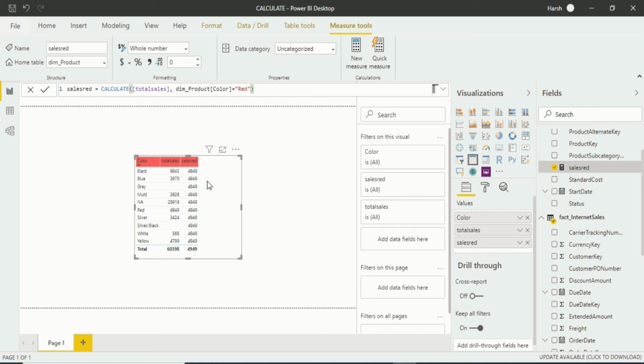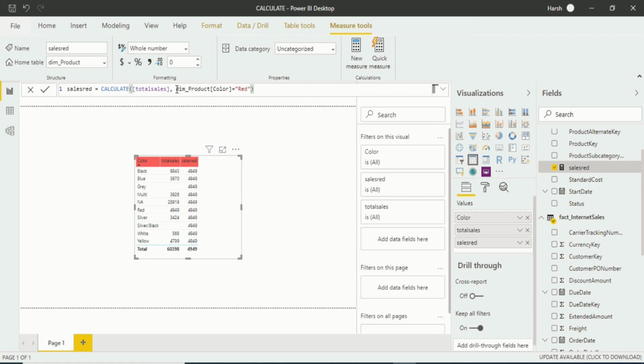But the thing that remains here is that we have all the colors like black, blue, gray. That is not how I want to work. I want to see only red having the sales red. Otherwise, all of these should be removed, because black is not and blue is not, gray is not a sale which has a sales of around 4949. In gray also, the total sale is zero, while in sales red we have 4949. It is just diverting us from the main expression. How can I make this correct?